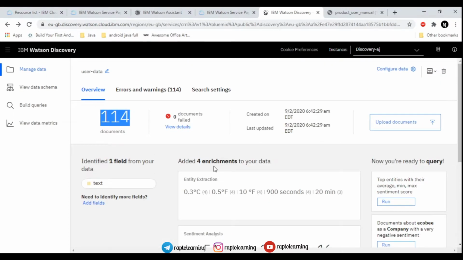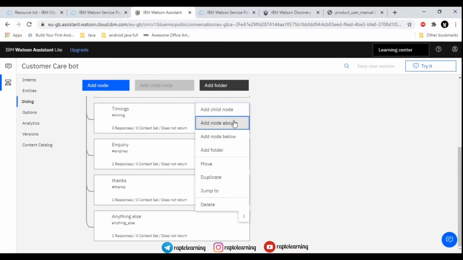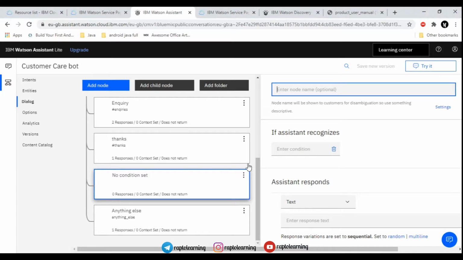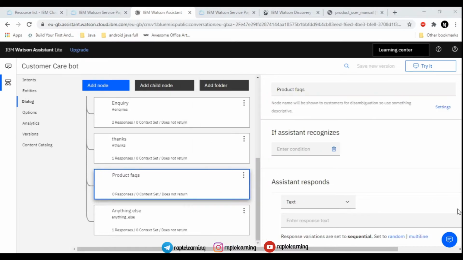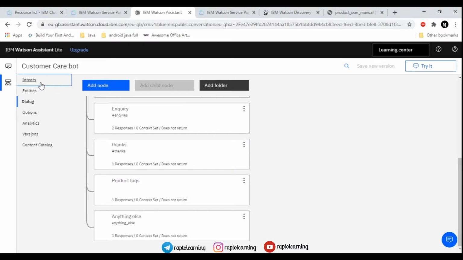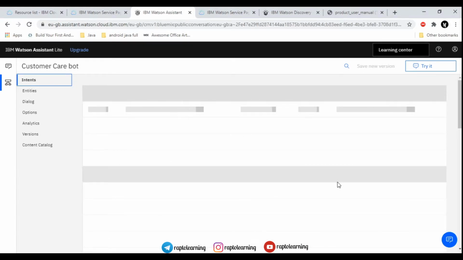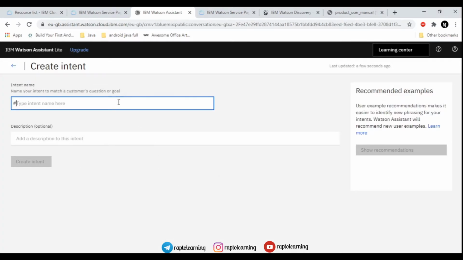So we will just add some features to our customer care bot that we have created previously. Make sure that the documents are more than 100, or the numbers may vary. So 54% positive, and leave that for now. We will just add a node. We will give the node name as product, and the product FAQ, right? So we have given a name. If the assistant, let it be as it is shown, and we have to make some changes here, right? With this tab we will create one intent for customer frequently asked questions, right?